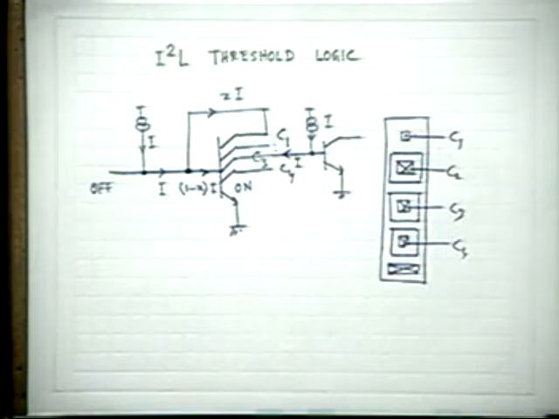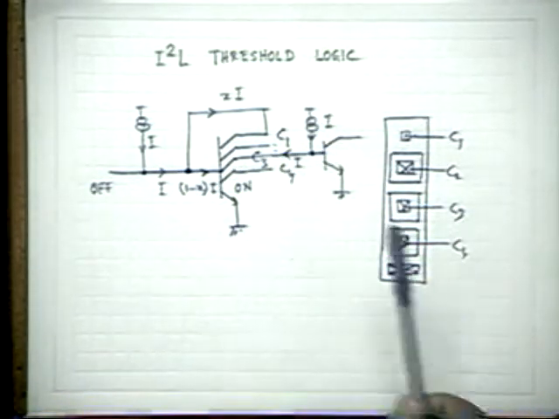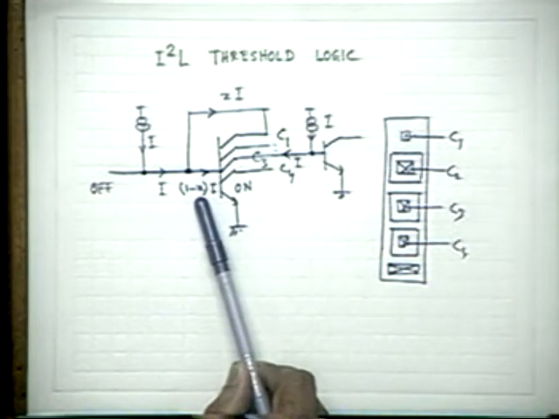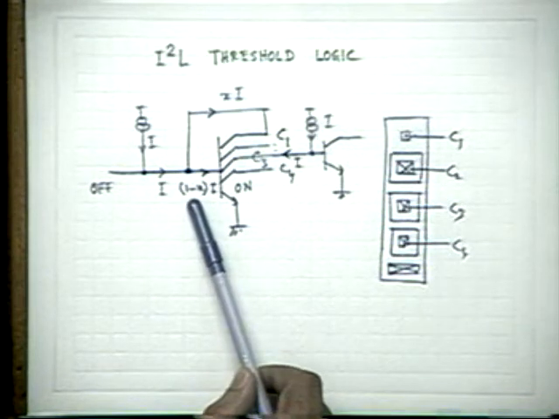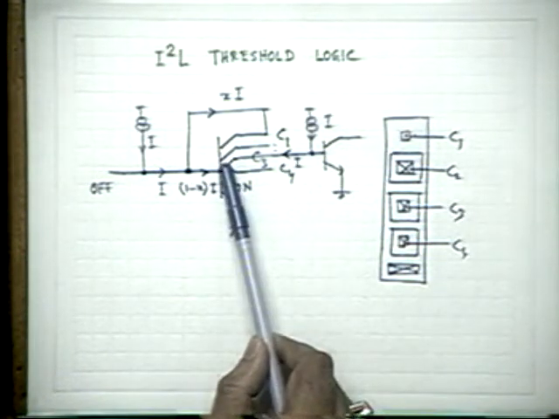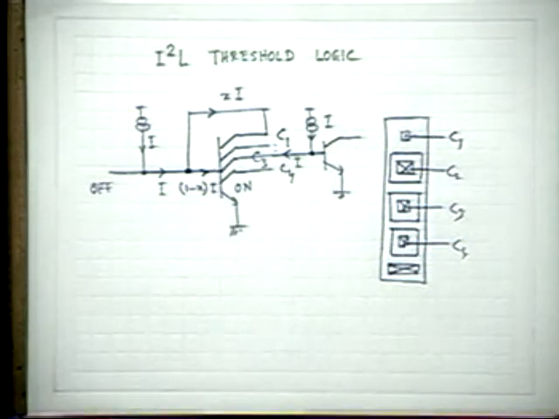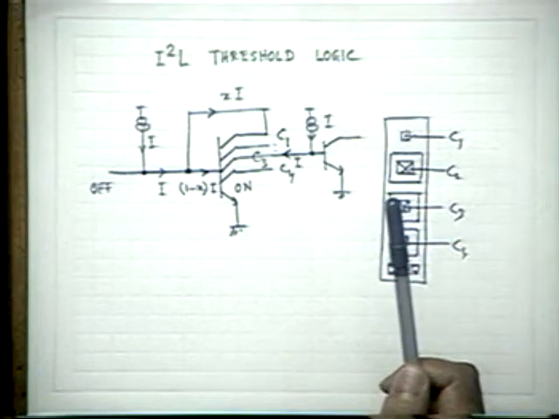So what is the IC by IB ratio in this particular case? What is IB now? It is not I. It is (1 minus X) into I. But the collector current is I. So your IC by IB ratio is reasonably higher now. If X is equal to, for example, I design in such a way that X is equal to 0.9, the heavy feedback case. And that will happen.